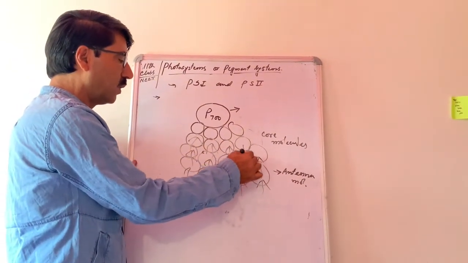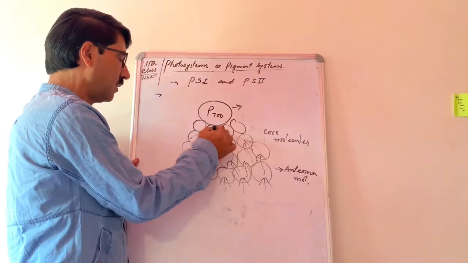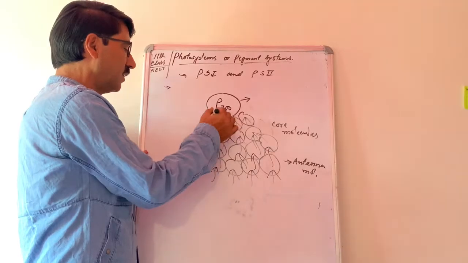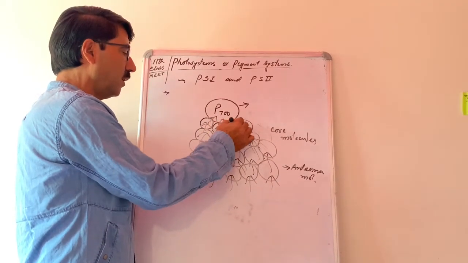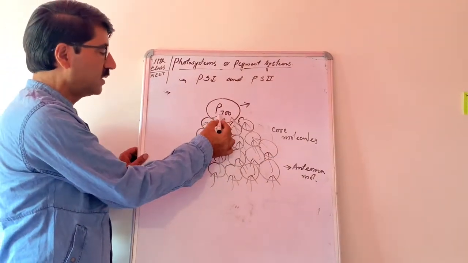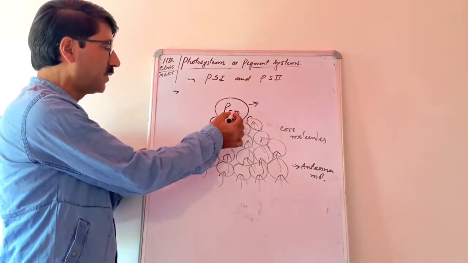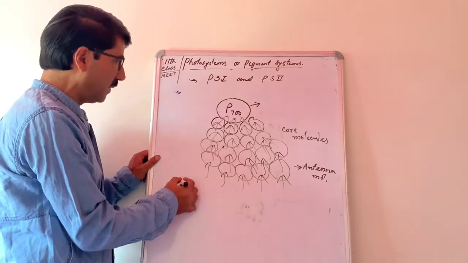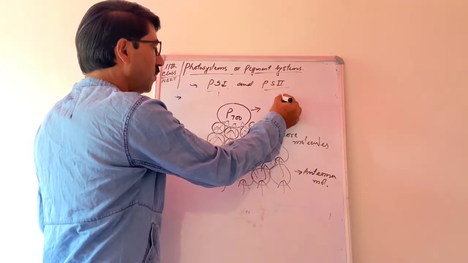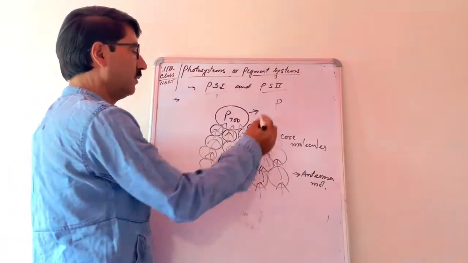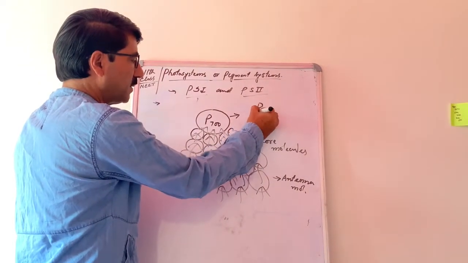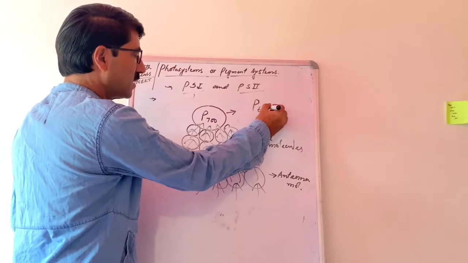From the core molecules the energy is ultimately passed towards the reaction center, that is a special chlorophyll A molecule. Here I have shown this P700. This is the special chlorophyll A molecule in the pigment system first, and in the pigment system second, there is a chlorophyll A molecule which is having the absorption peak at 680 nanometers,